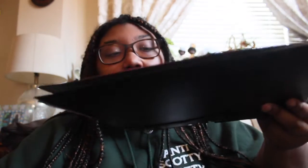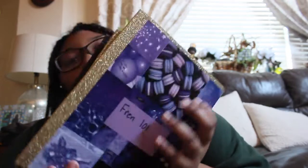Yeah, and then I have this notebook that I'm probably not going to use, but I'm just keeping it because it's kind of like a little binder, because these come off and you can put more paper in here. I used it last semester. The same way I'm going to use those notebooks, those are just for class notes, and then I'll go home and I'll put them in these